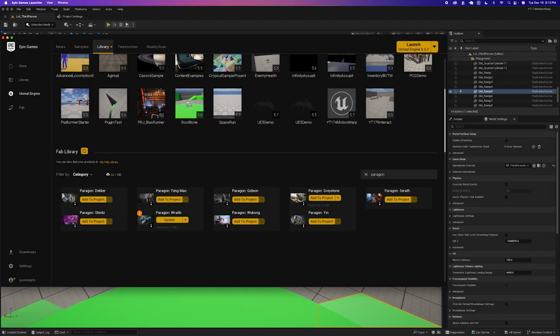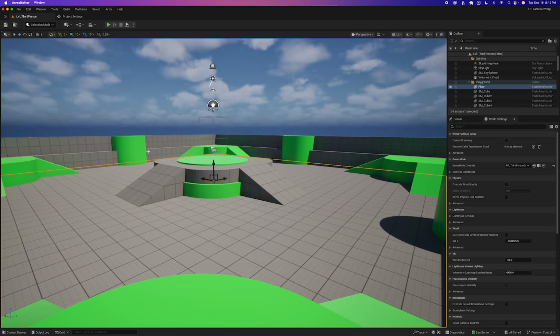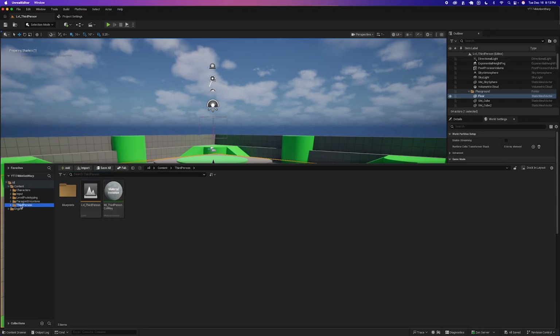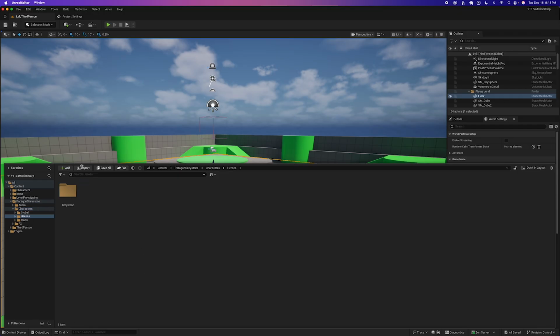So if you don't have some assets and you want to follow along, you could go ahead to the Fab and download some of the Paragon assets. So I added the Greystone character. So what you need is a character that has animation with root enabled on them. So if I open the Paragon Greystone under characters, heroes,